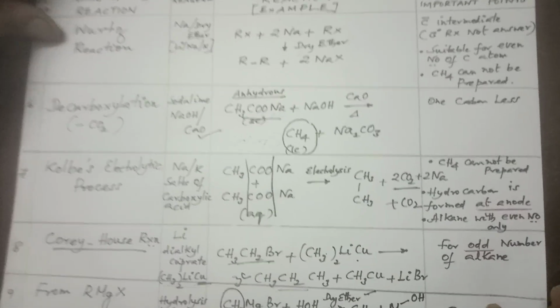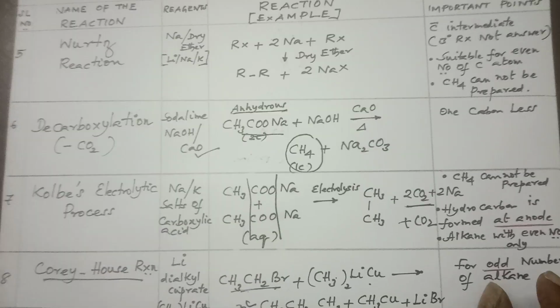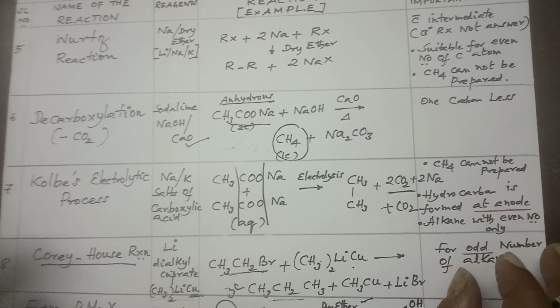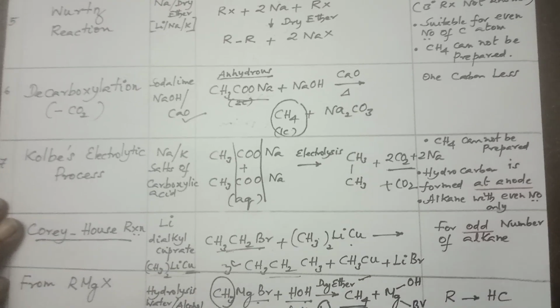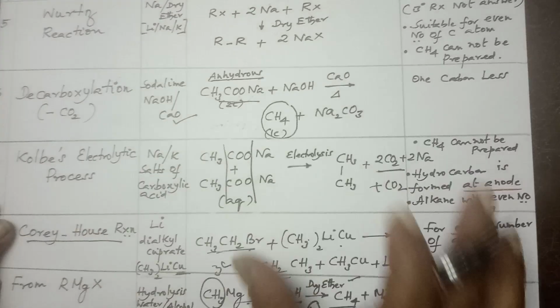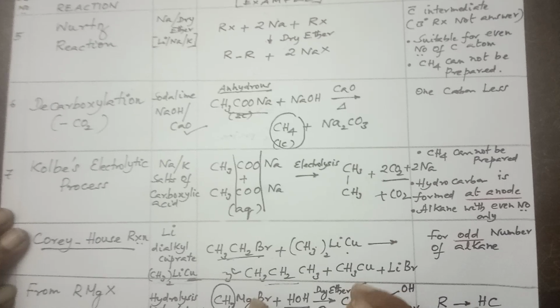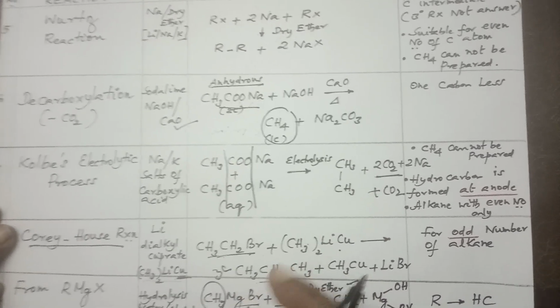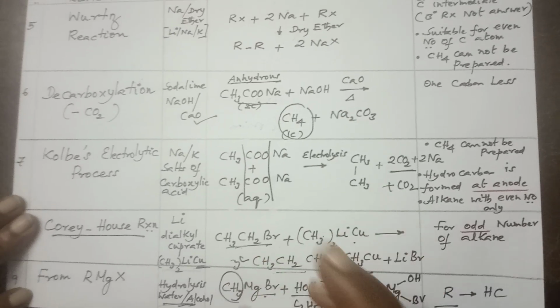Final instruction: prepare it like this on a single sheet and paste it in your house, wherever you move, in your bedroom or the hall, wherever there is space at your height, paste it on the wall. Whenever you go across it, you can have a glance and make it thorough. Your family members like your brother, sister, father, mother, anybody can ask you questions simply. Then like a fun method, you can learn chemistry.